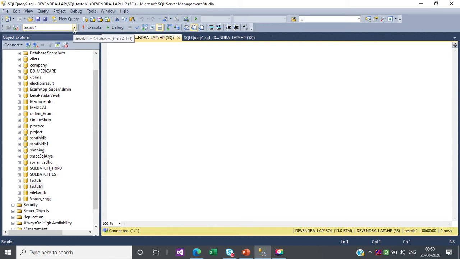Make sure which database you are working in, and the name should appear here, testdb1. Last time we wrote a query like create database and the database name, so we created testdb1. We executed this query and our database was created.